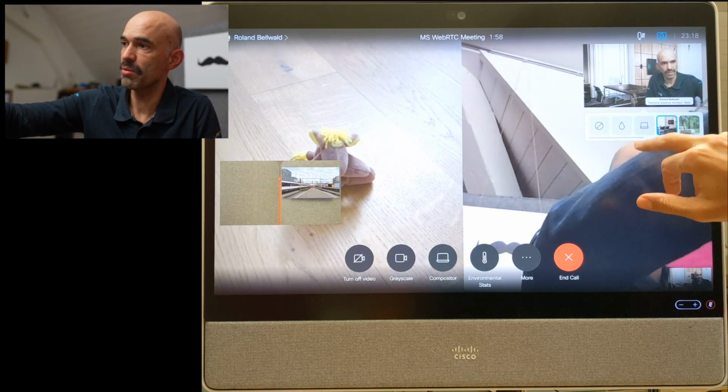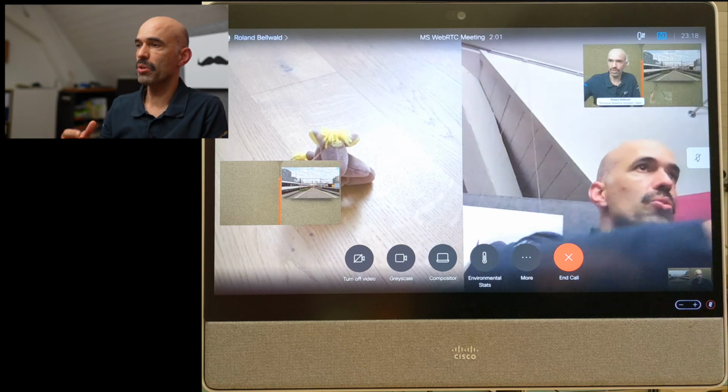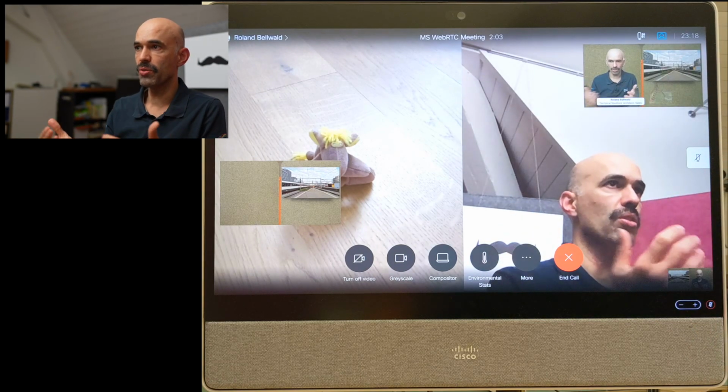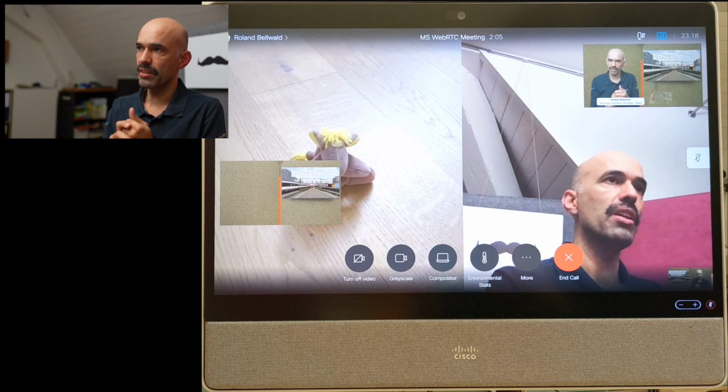I can say change my background to whatever is shown coming from my USB-C port. This is also an option,